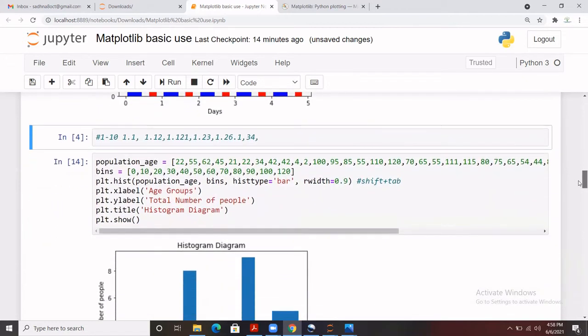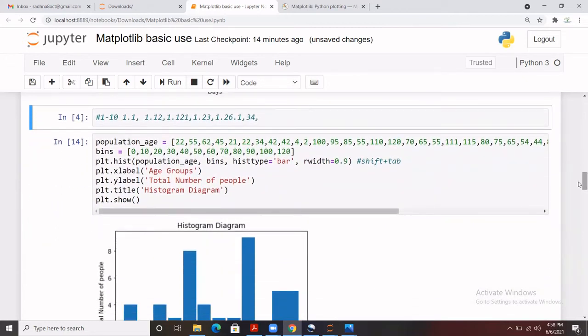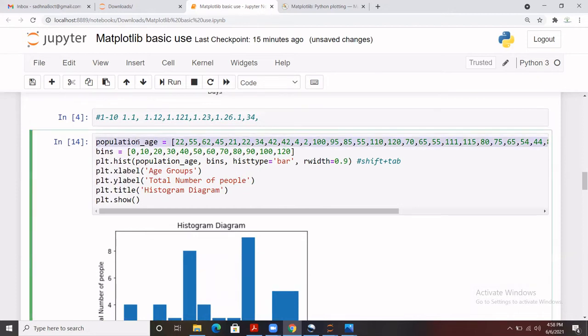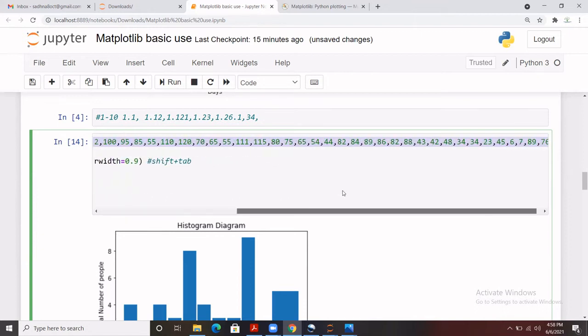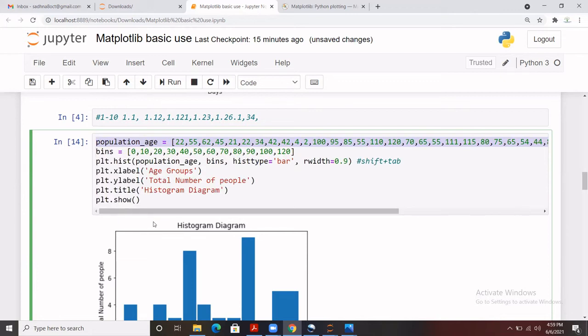So here one more thing I'm going to explain: bins and the histogram. For example, previously we were dealing with one range of data, let's say a few points. But here you see that we have data as a population, and there is a huge amount of data. You see that multiple data points are available. So if we create bars for them, there will be very minor differences, so there will be n number of bars, and it will be quite tough for you to interpret that output. You can create bars for that, but it's very tough to interpret it.